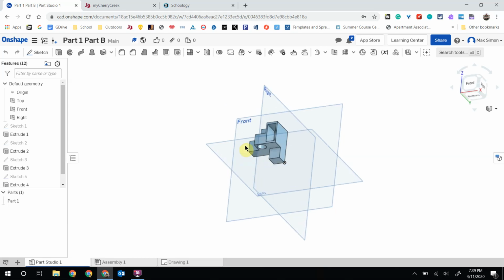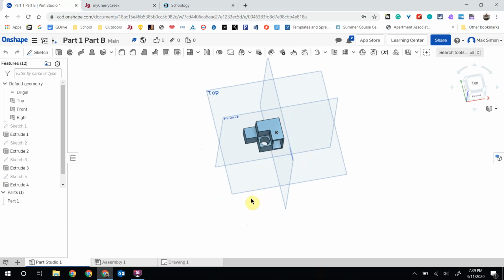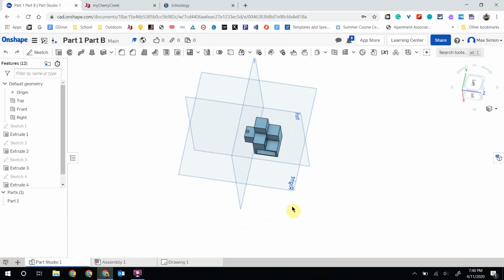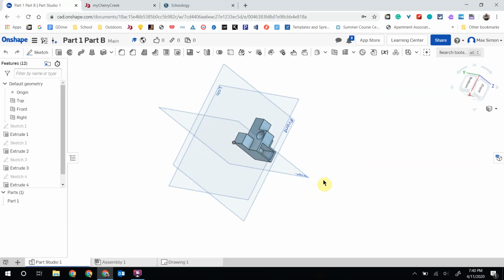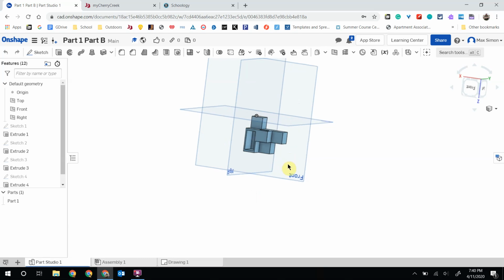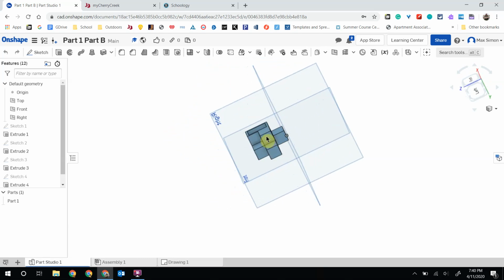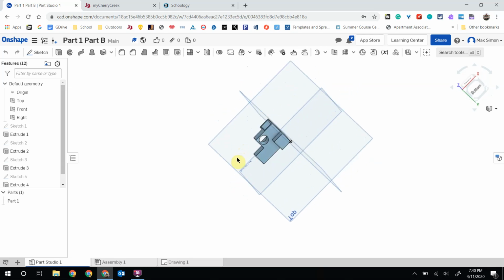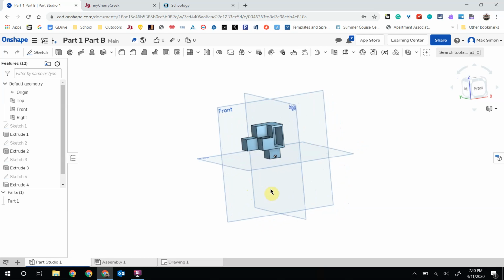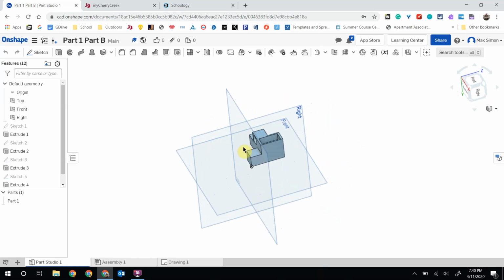I'm first going to just scroll this part around so you have a good idea of what you're looking at. The idea with this part this week is I really want you to understand that when we're building out a part, the easiest way to start is to look at it and find the biggest face that you can build. So if you're looking at this, the biggest face that we can build,